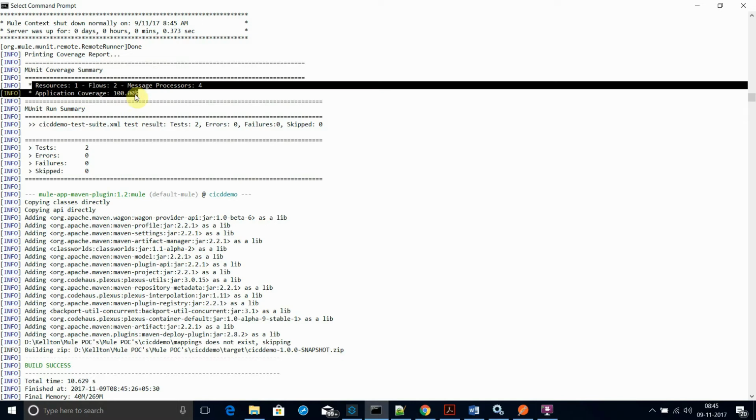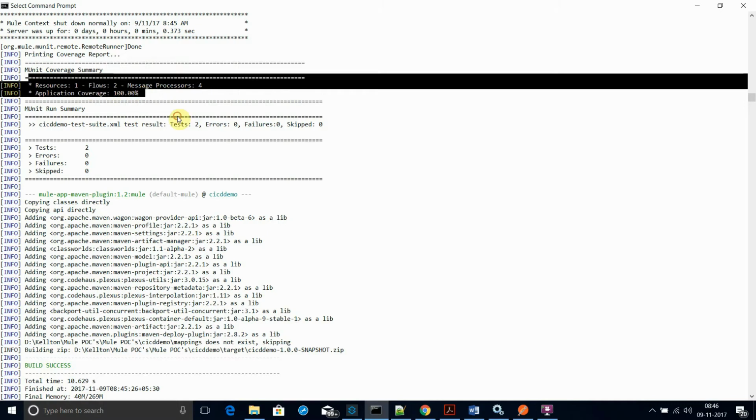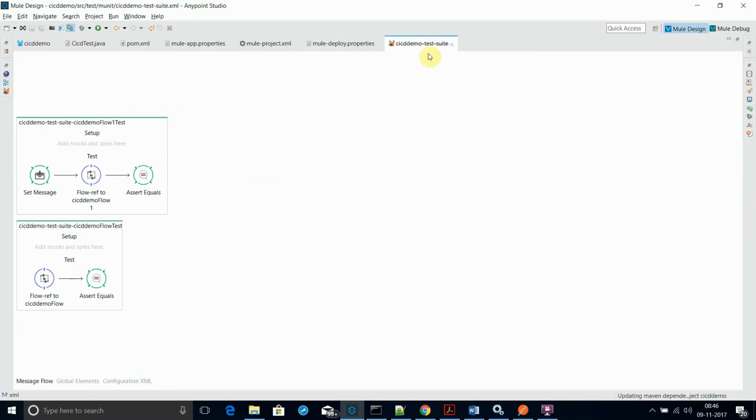And in this way you can guarantee that anytime you can release the application to the customer, to delivery, to deploy on the platform. It will give you 100% assurance that the test cases you have written to validate the functionality of the flow of the integrations are working fine. So this is the approach for